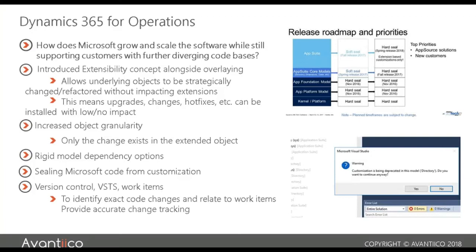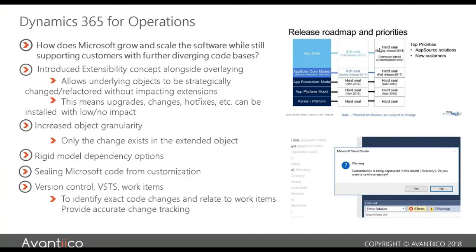They've created a roadmap, called the SEAL roadmap, which you can see in the top right here. So if you're currently running 365 and you've overlaid it, eventually you will not be able to do that. In the bottom right-hand corner, I went into Platform Update 12, right-clicked, and tried to customize or overlay a standard object, and it's telling me it's being deprecated and I should extend that instead. So the goal should be to do extension and avoid customizations or overlaying.